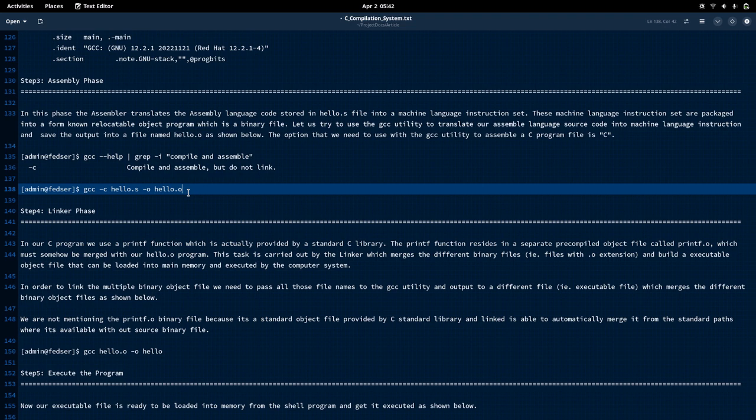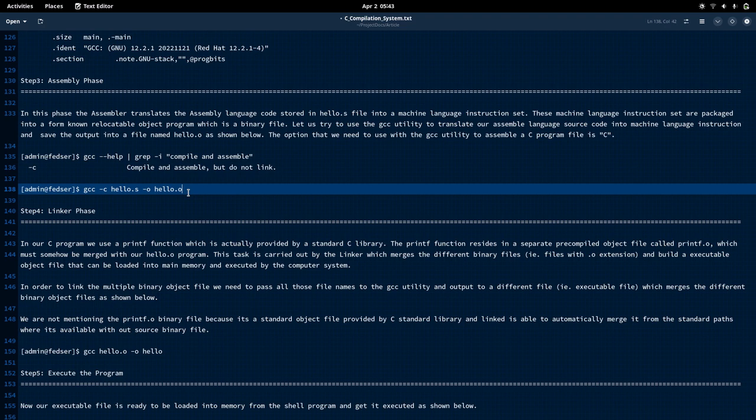Okay, so the stdio.c file, the C program file, contains all the definitions, the actual implementation of those declarations which are there in the header file. So we need to somehow link those definitions, that is the stdio.c file's executable code, with our hello.o executable code.